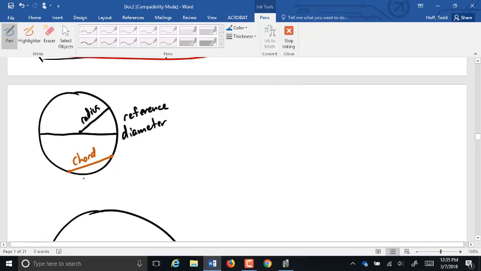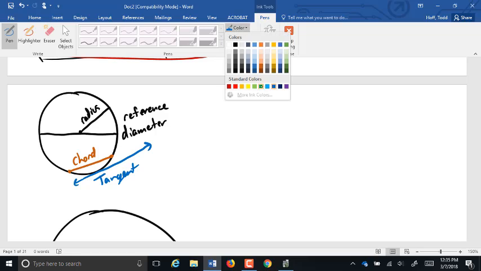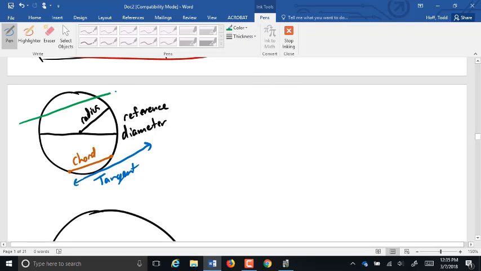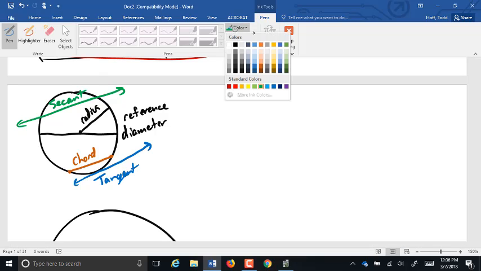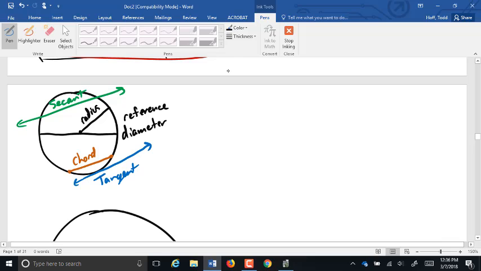If we have a line that touches the circle but does not go into the circle, it's called tangent. And if we have a line that cuts through the circle, now the technical definition is it contains points both inside and outside the circle, it's called a secant. Those are all terms that we actually discussed last semester. One that we did not discuss